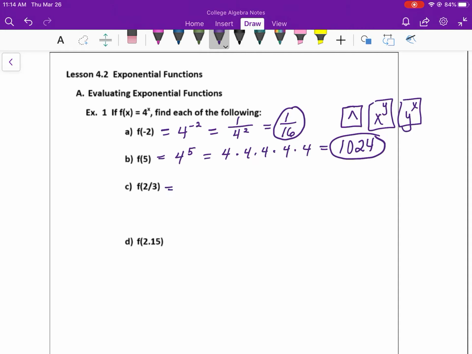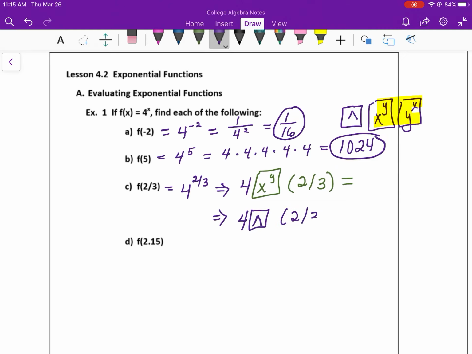All right, 4 to the 2/3 can also be put right into your calculator. You would hit your 4, and then if you use either of these keys, you would push that key next. And then you're going to have to use parentheses, 2 divided by 3. Or you can use your caret key, and then 2 divided by 3. Make sure your exponent is in parentheses. That should give you